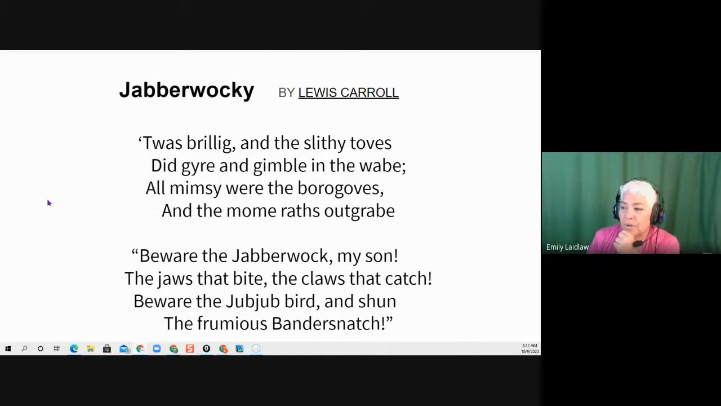All mimsy were the borogoves. I see the word the, so borogoves must be a noun because it's coming after the. And so mimsy must be another adjective. And the mome raths outgrabe. My guess is that raths is the noun, mome is an adjective, and outgrabe must be a verb. Okay? I'm pretty good at doing this, but you can imagine our kids have a harder time. I mean, I've taught literature and English grammar. So, but I'm going to ask you,